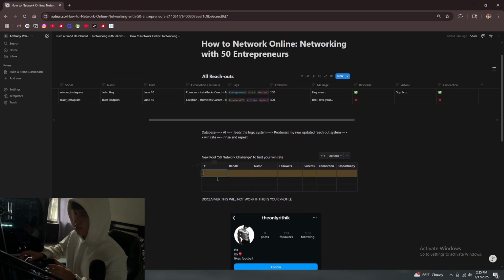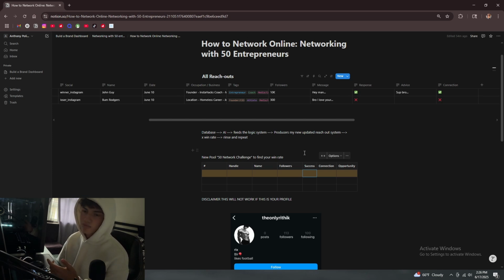And you can just list out the numbers, so how many people you're doing. This is not too important. But once again, their social handle, you'll find the name of the person, their followers, and these 3 categories, which is important. So a success is anytime they respond back to you. Now, sometimes they're automated responses, and I don't count that as a success. So if it's a coach, for example, sometimes they'll have other people respond for them, or you'll get a response in like half a second. That is not a success, so I just don't add that.